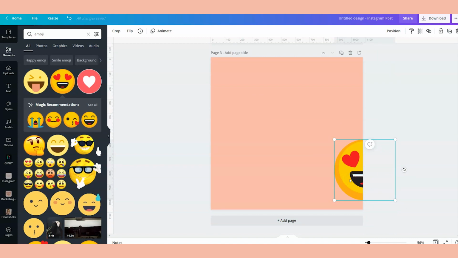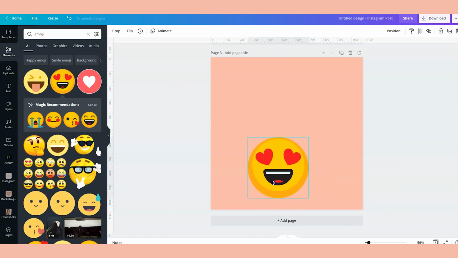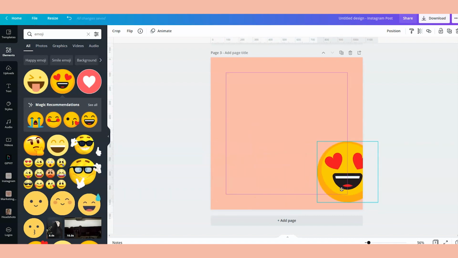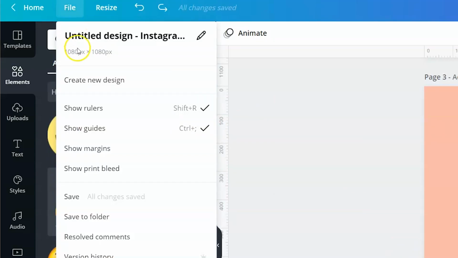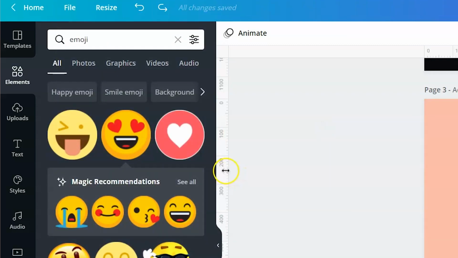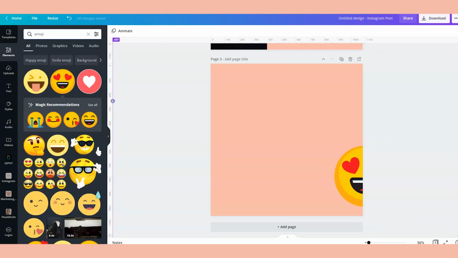Now again, this is a little trickier because I could just drag it, but I might move it up and down and it won't line up exactly. So that's where we want to utilize rulers. You'll go up here to File, and you'll click on Show Rulers with the check mark, okay? Show Rulers, and you want to make sure that Guides is clicked as well. Then you will click on this ruler holding down your left mouse button, and you will start dragging the ruler